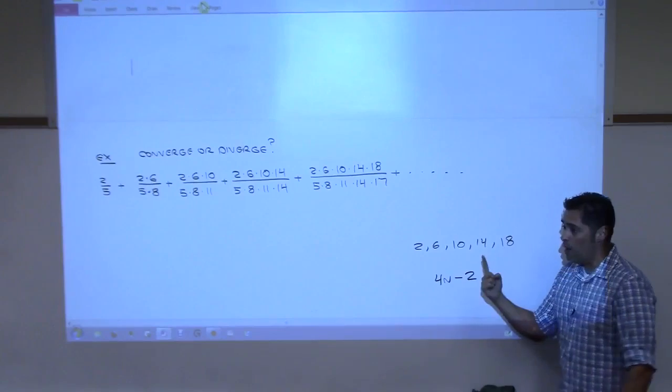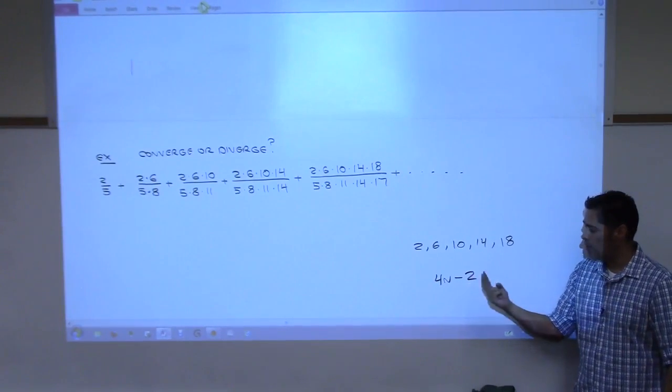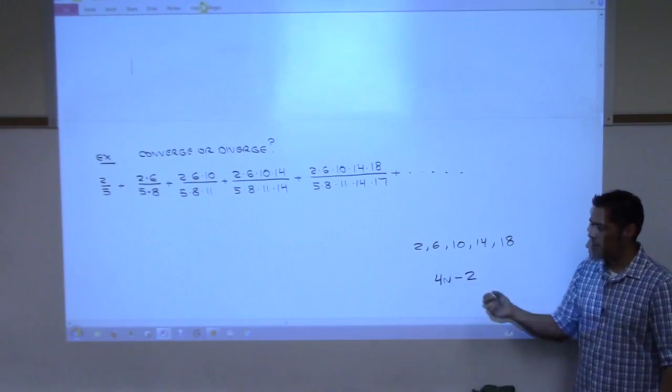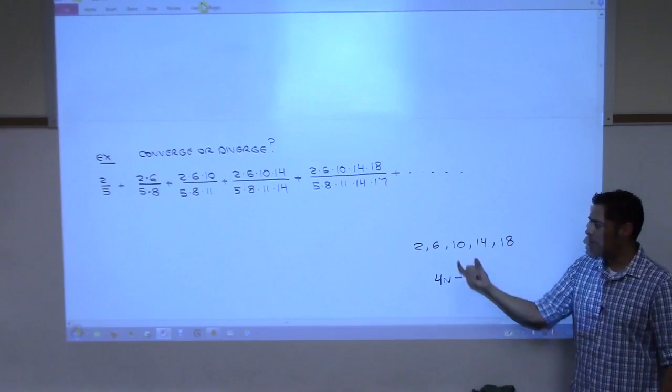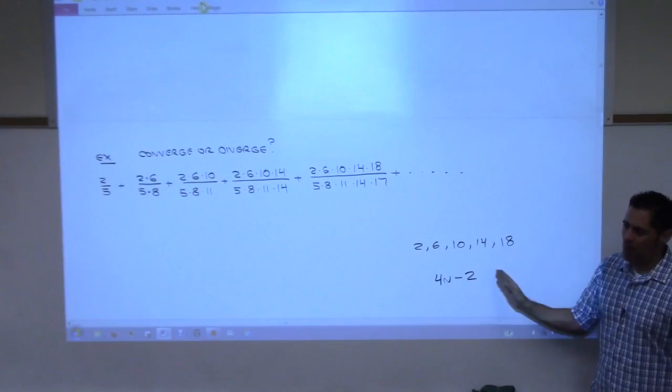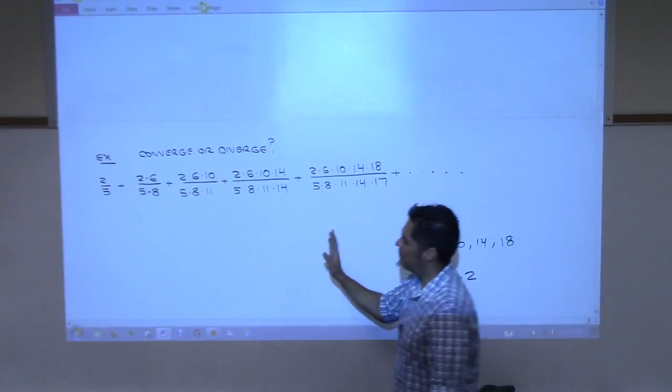So if I start at 1, I'm going to get 2. If I go to 2, I'm going to get 8 minus 2, that's 6. 3 is 12 minus 2 is 10. So this, do you agree, would generate this sequence? Yeah. The problem is this is not